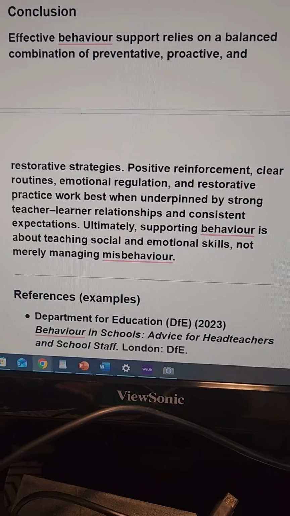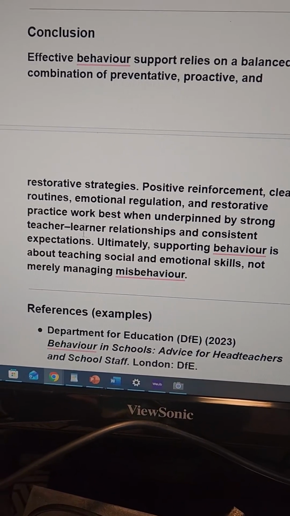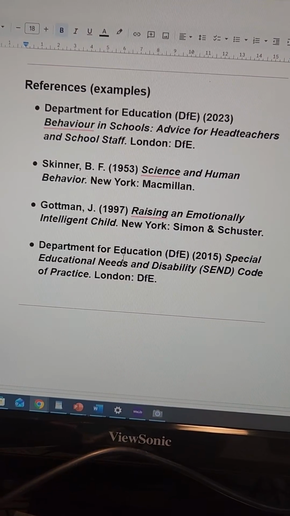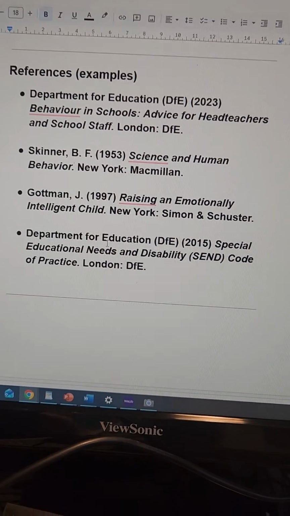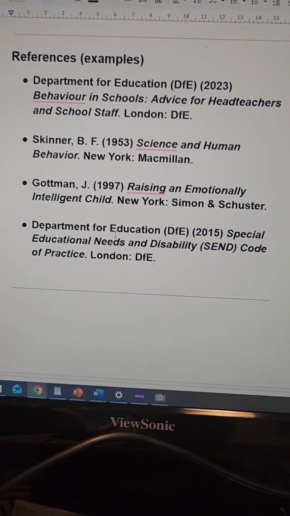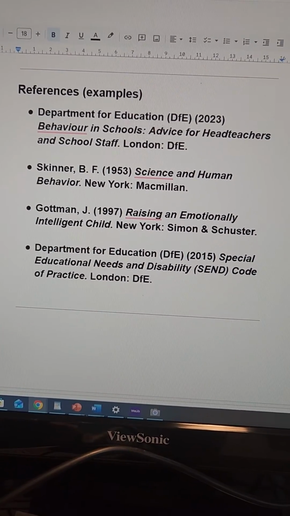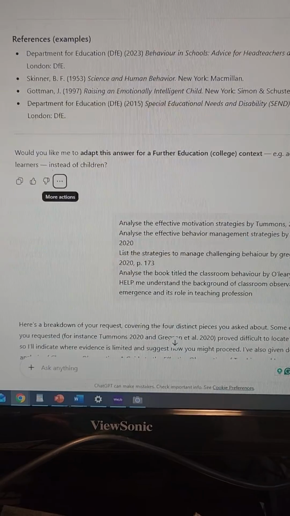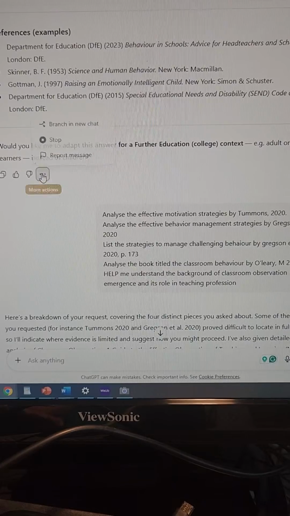References, examples: Department for Education, DfE, Behaviour in Schools: Advice for Head Teachers and School Staff. London, DfE. Skinner, B.F., 1953, Science and Human Behavior. New York, Macmillan. Gottman, J., 1997, Raising an Emotionally Intelligent Child. New York, Simon & Schuster. Department for Education, DfE,